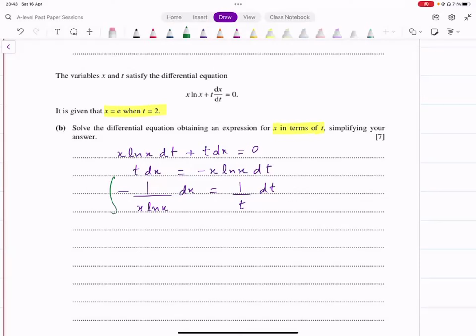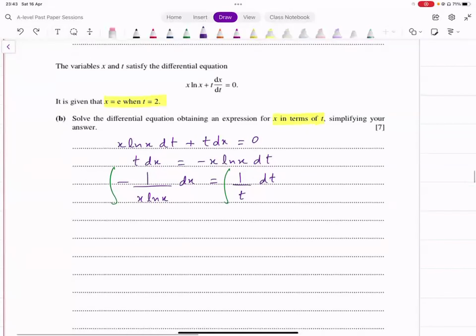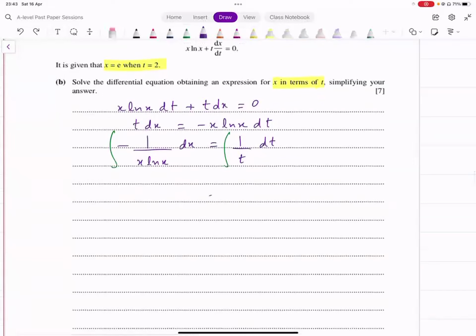Left side को integrate कर दिया, right side को integrate कर दिया. Of course, left side पे we've got dx, so इसको हम with respect to x integrate करेंगे. Right side पे we've got dt, इसको with respect to t integrate करेंगे. अच्छा, right side is relatively straightforward. Why? Because we just have 1 over t there. 1 over t का integral क्या होता है with respect to t? is going to be ln of t, right? That's pretty straightforward. यहीं पे हम constant भी लगा देते हैं साथ, right side तो हमारे पास होगी, ठीक है।